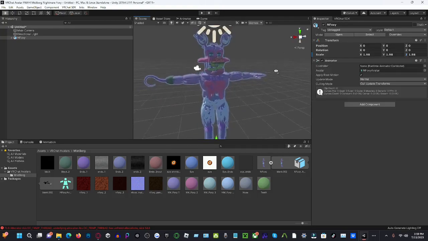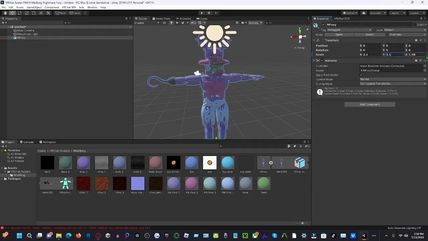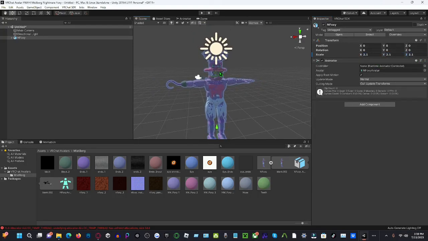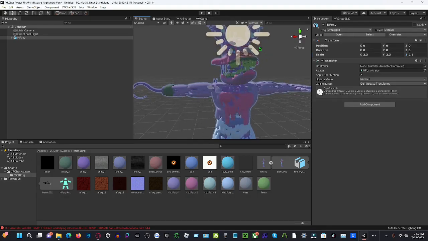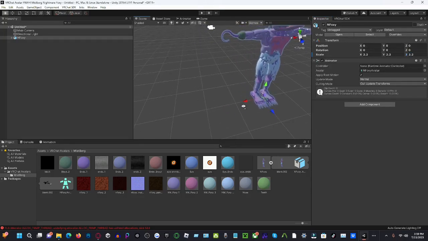Okay, not too bad, not too bad, not too bad. But he probably needs to be a little bit more tallish. So like 2.1. Right? Let's do 2.3. Okay, that's a little bit too much, but that's okay. Well, you know what? We're gonna leave it like that. Actually, no, 2.2. Sorry, guys. There we go. Let's say we put them here, okay? Then,